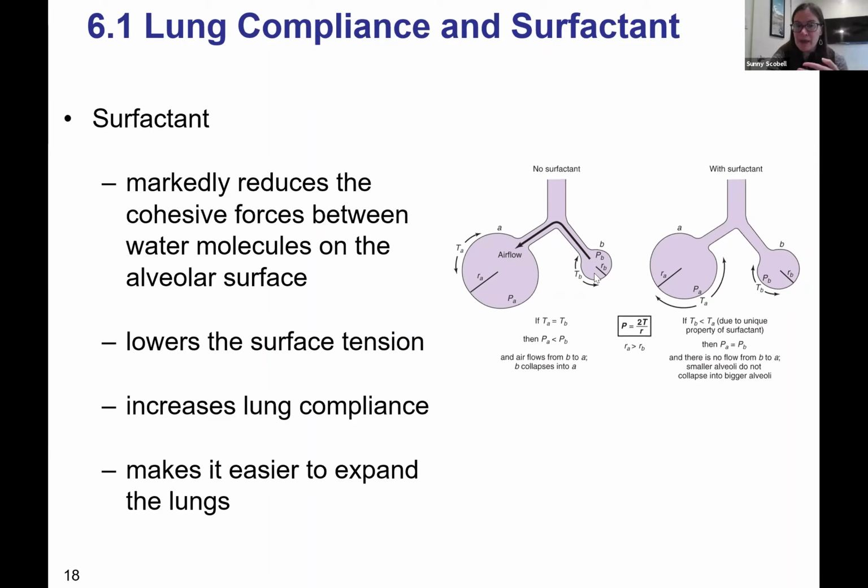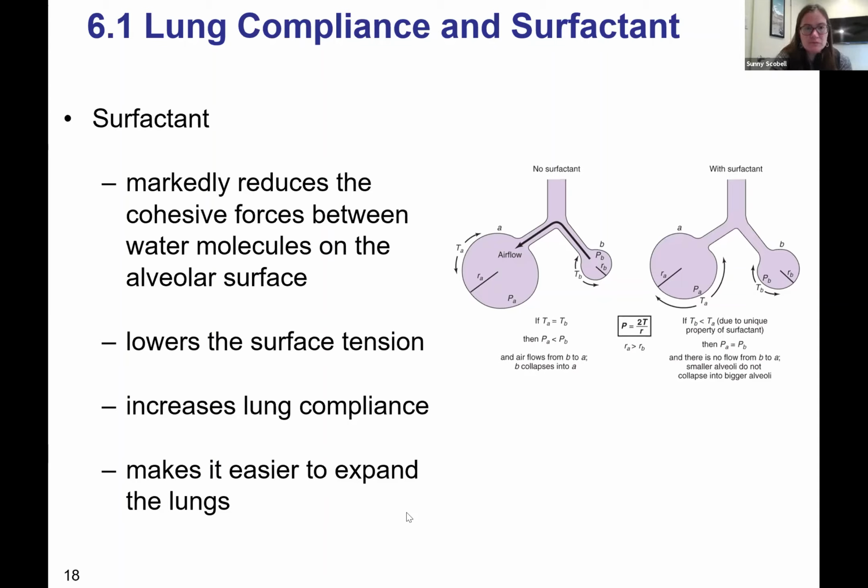And then you can get this compounding thing where the smaller ones then collapse, which gives you less surface area for respiration, for gas diffusion. And then this sort of continues, right? Then in the next ones, you might not be able to hold them open, and the air flows into the bigger ones, and then that one collapses,